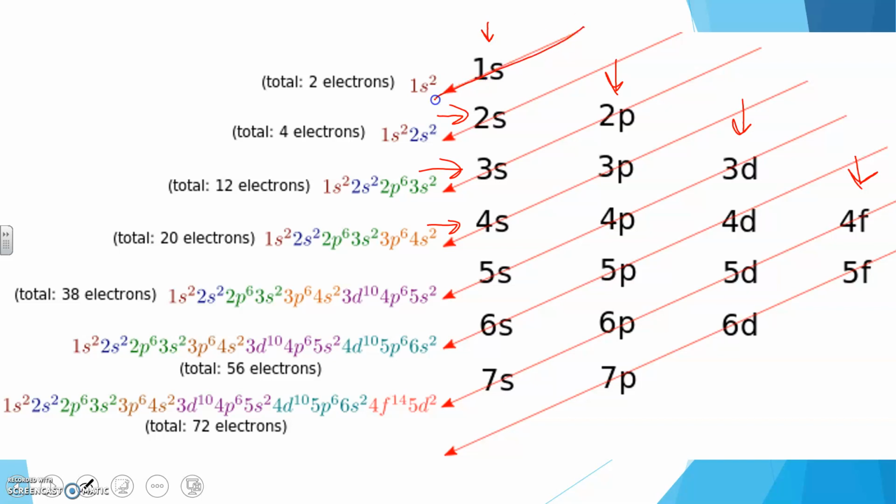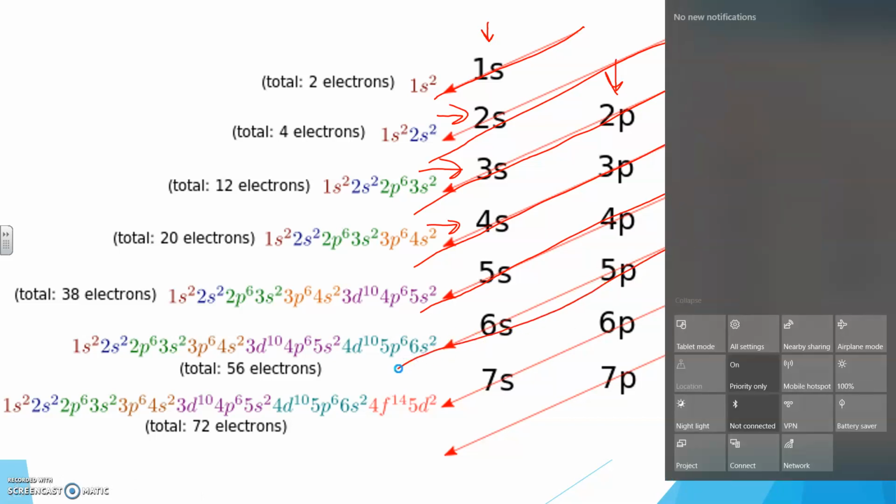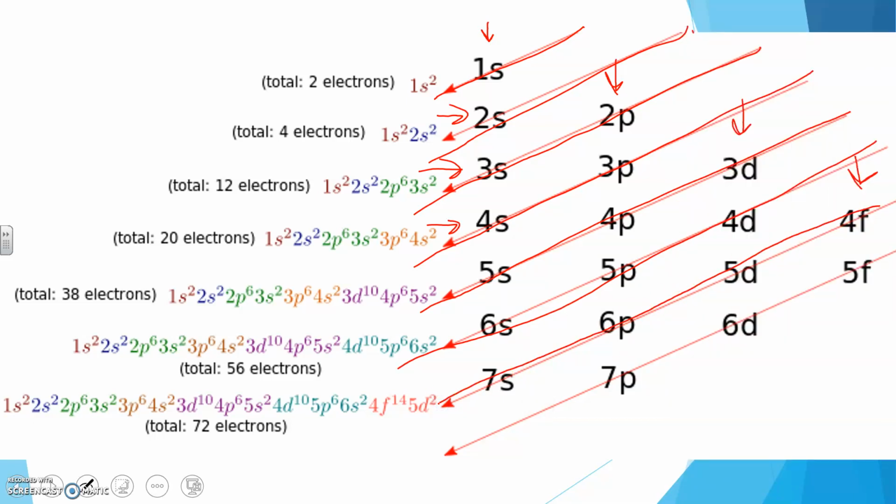And then you just start with the diagonals, go through 1s, 2s, then 2p, 3s, 3p, 4s, 3d, 4p, 5s, 4d, 5p, 6s, 4f, 5d, 6p, 7s, 5f, 6d, 7p. And that's where it ends. Now, they didn't list all